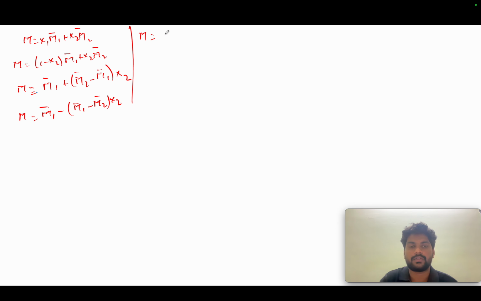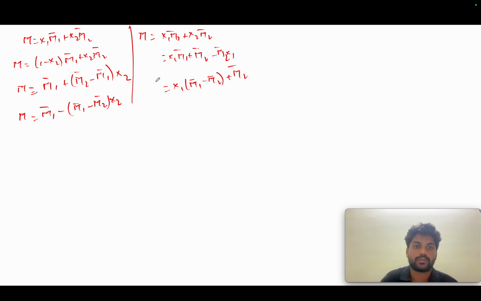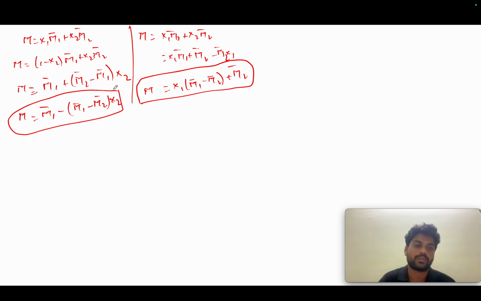Maybe sometimes I'm missing out. So if I write m in terms of x1 and m in terms of x2, then if you plot the graph of m with respect to this,